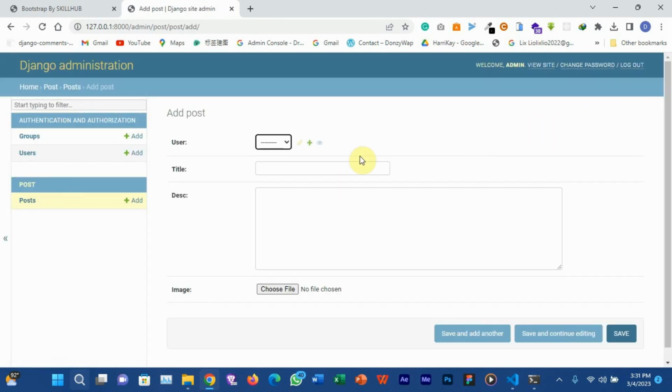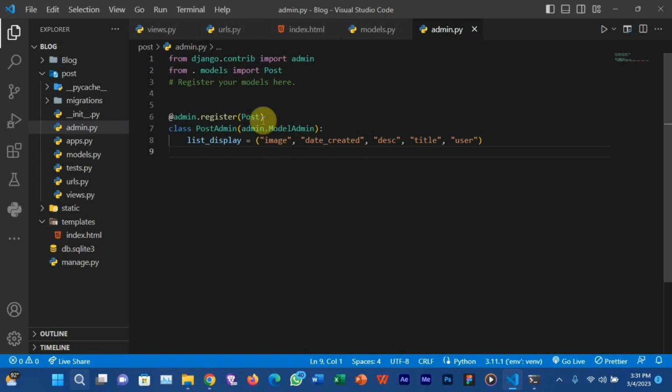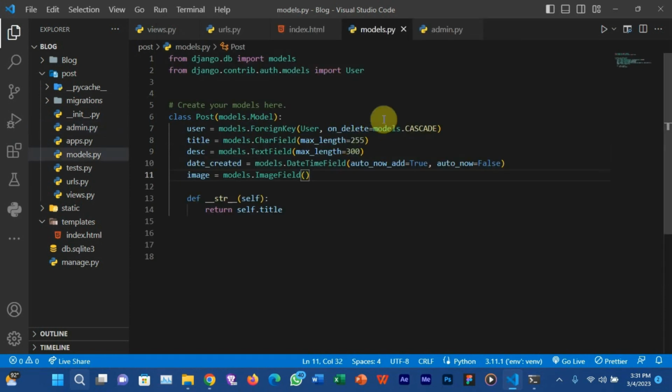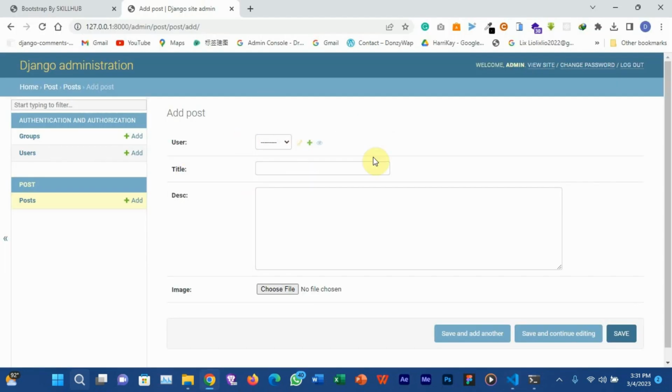You can add a post from here. You can see we are getting this option here, user, because we added the user as a foreign key inside our models. Any post you'll be creating on the platform would be from a user. If you're not a user on the platform, it means you cannot create a blog post on the platform.